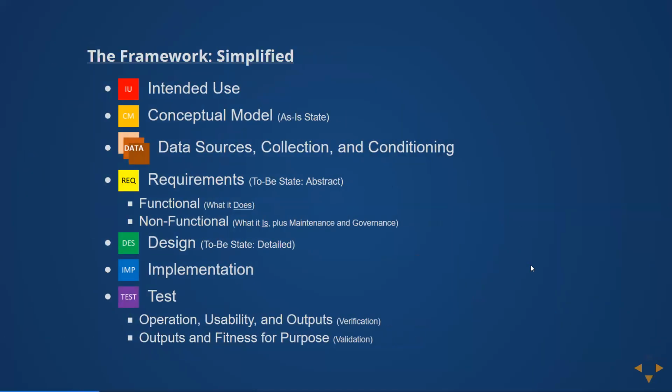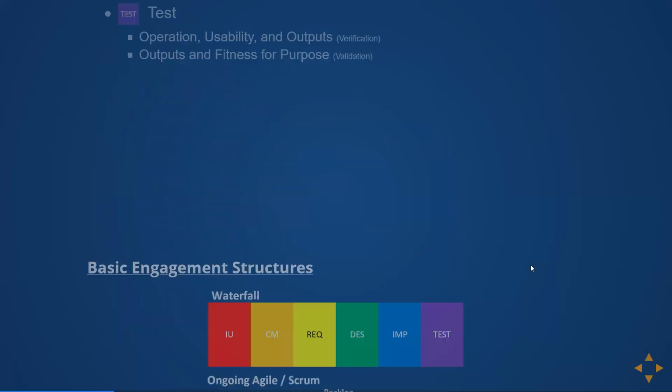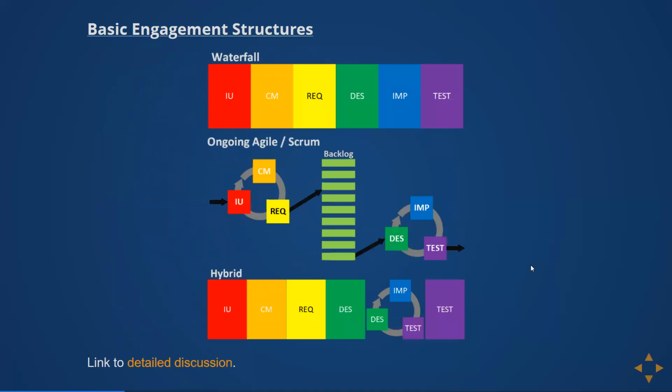So if we want to simplify it down, we have really only 6 steps plus data: identifying the problem, finding out what's going on, figuring out what we need to do, figuring out what we need to do in detail, then actually implementing it and then testing it. So I've got these color keys. For those of you who missed last week,